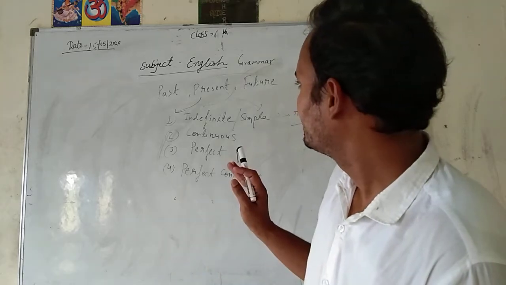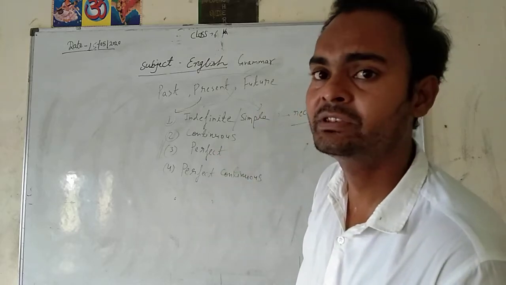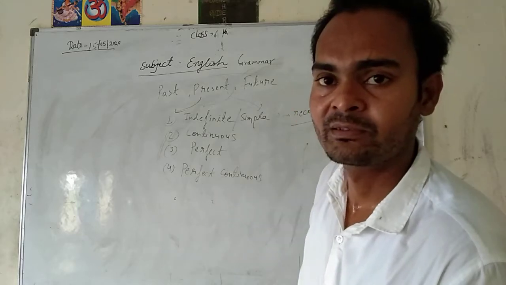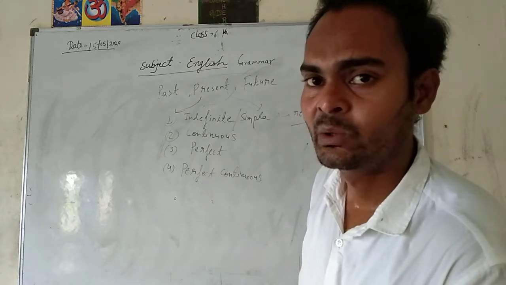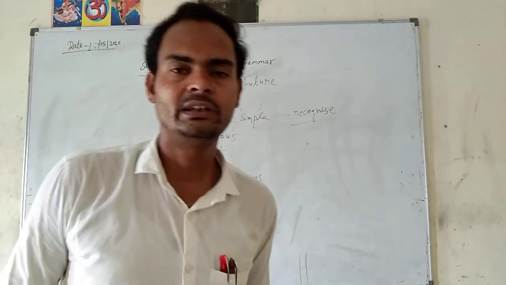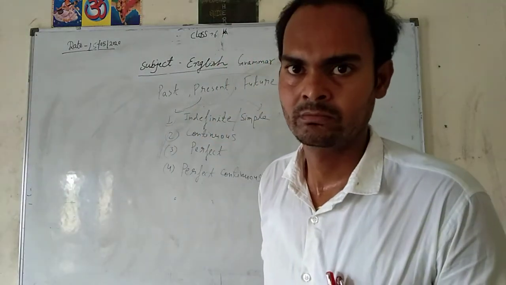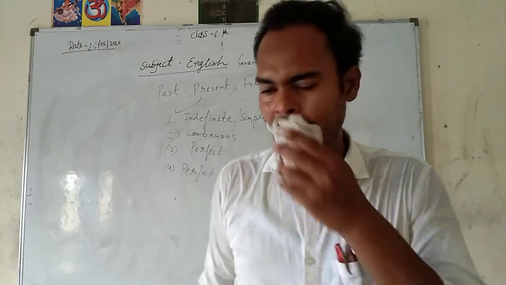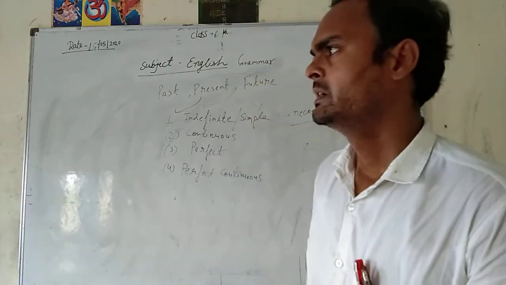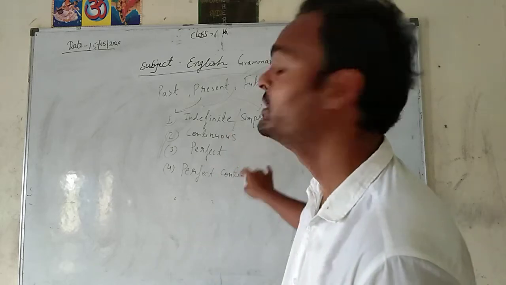Before we start recognizing present indefinite tense, I have to say about present continuous tense and perfect continuous. Okay, it will be easy to understand. What is present continuous tense? The incident of present time which is continuously running on, like he is playing, he is working, he is doing a good job, he is writing, she is helping her mother. So this type of sentences are of present continuous tense.